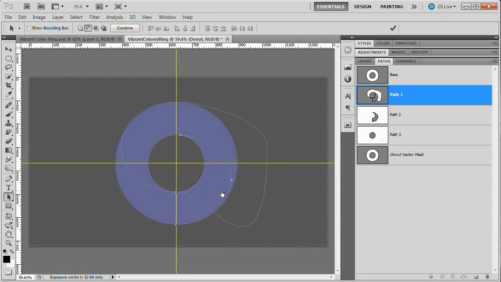I'm going to come up here to path 1. I'm going to paste it. Now I'm going to select both of them. And you can see we're cutting it right out. I'm going to go ahead and hit Combine. You can see we've corrected those many little anchor points showing up where the path was not quite reading